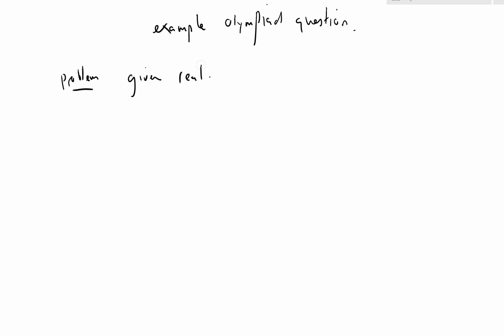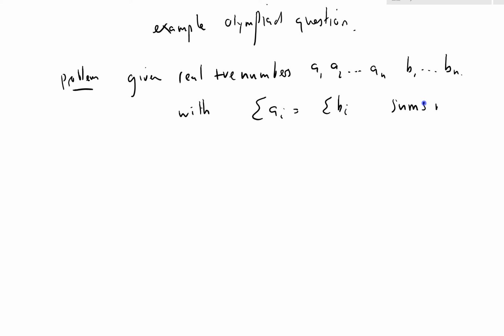Okay, I'm going to use an example Olympiad question taken from, I think it was 1991, but I'm not entirely sure. Given the problem, given real positive numbers A1, A2 up to An, and B1 up to Bn, with sigma Ai equals sigma Bi, so the sums match. Given this, prove